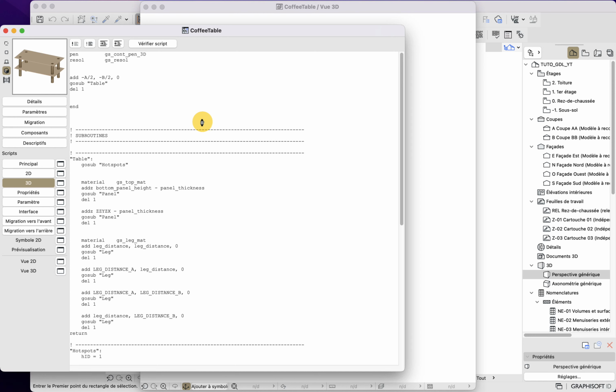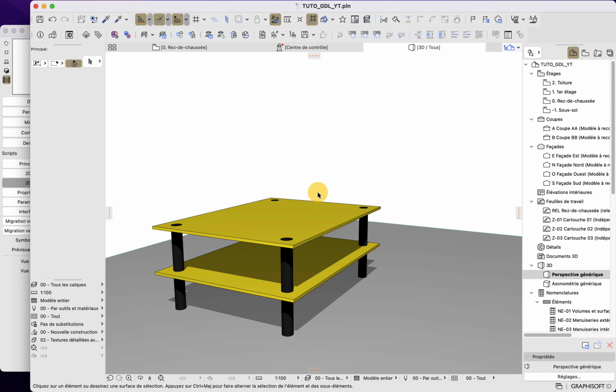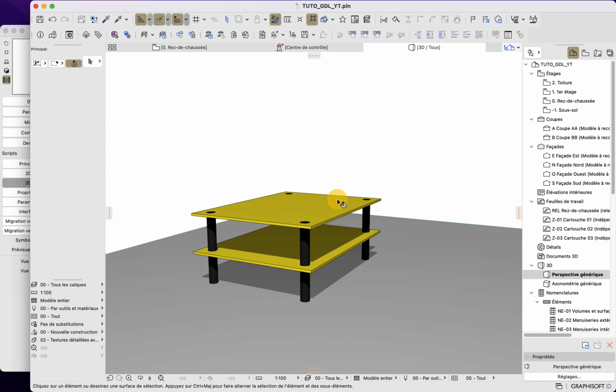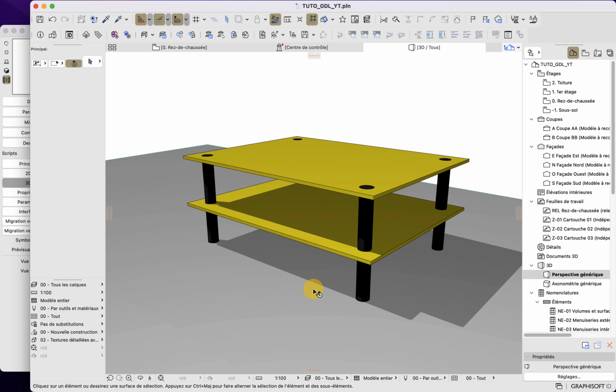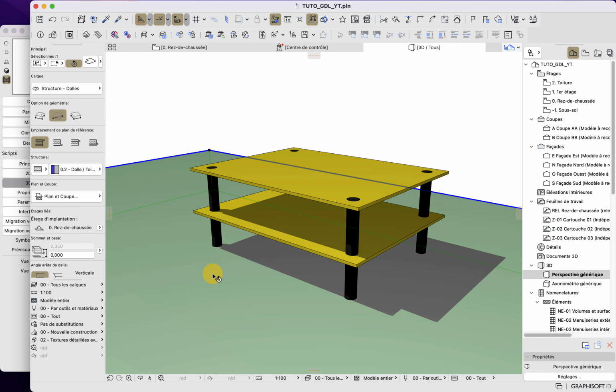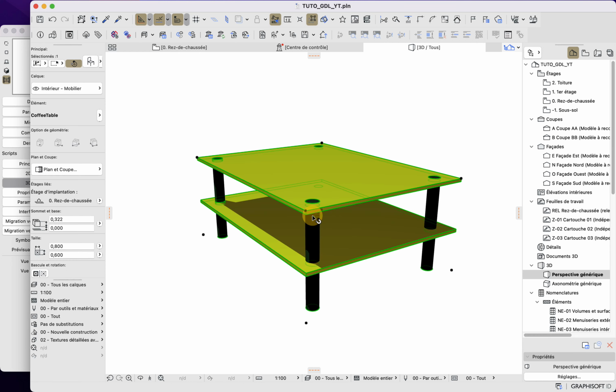And what we will do finally is create a preview picture. Because for the moment here, you can see that the preview picture is blank. So here I will go back into my project here. I will choose a view, for example. I can or cannot have a slab. I will simply delete the slab here. We do not necessarily need it.